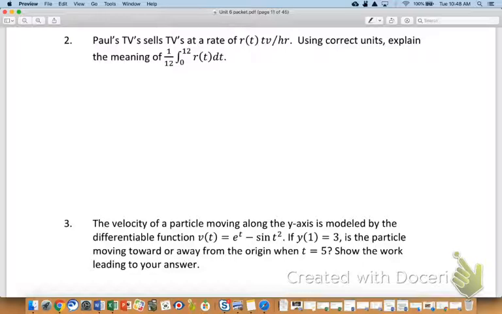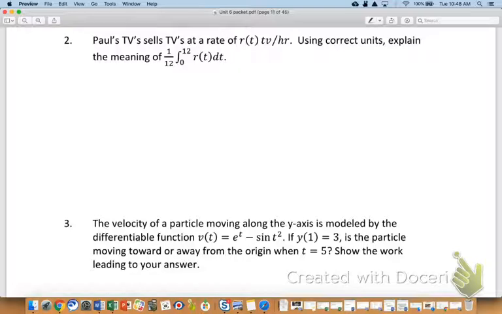But can anybody explain in just a couple of words what this is? Do you know what it is? It's 1/12 the amount of TVs at t equals 12. It's not the amount of TVs. It would be 1/12 of the change in TVs. It would be 1/12 of the net change, you could say, in TVs. Yeah, I'd say that's a nice, really direct interpretation.